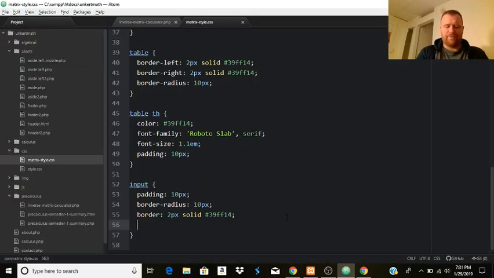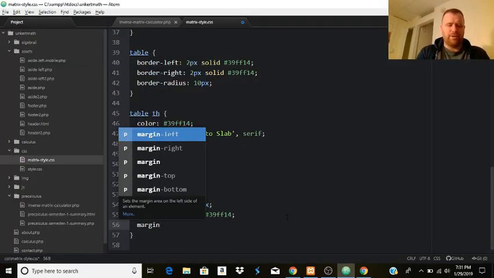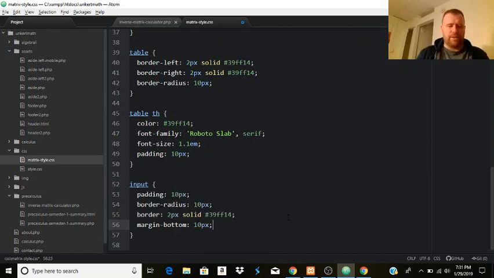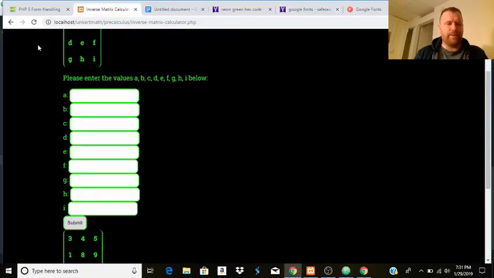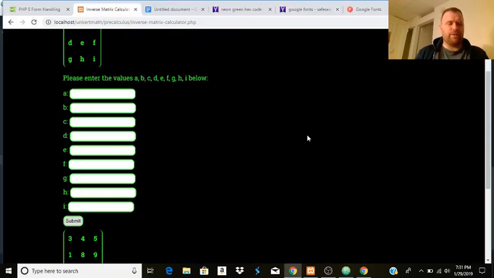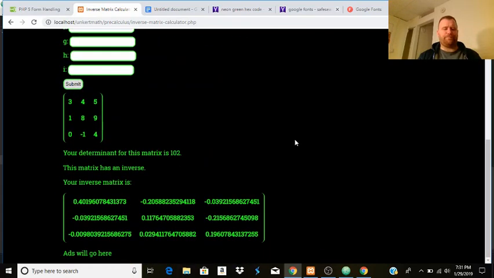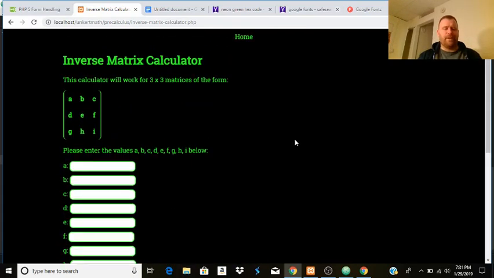And then, I don't know, we'll do the margin on the bottom of 10 pixels. And let's make the padding 5 pixels. I don't know if I like it that big, but okay. So we've got some values there. All right, but the one problem is everything is,